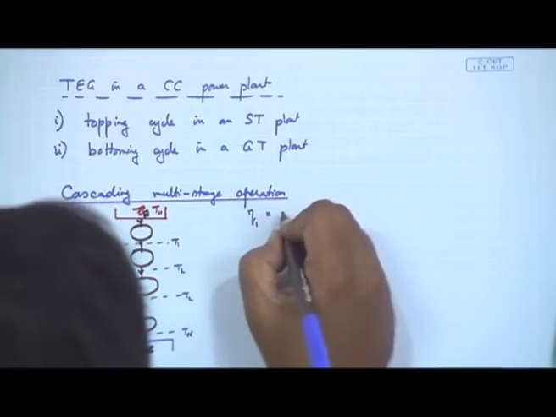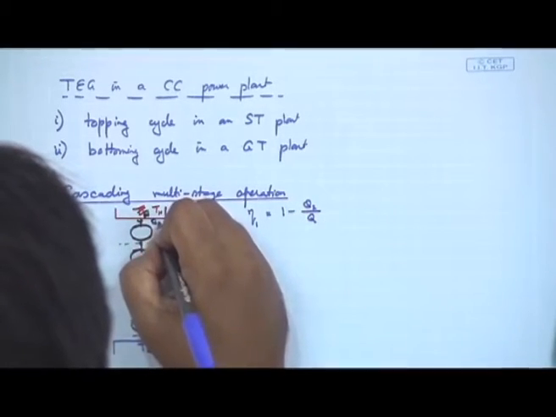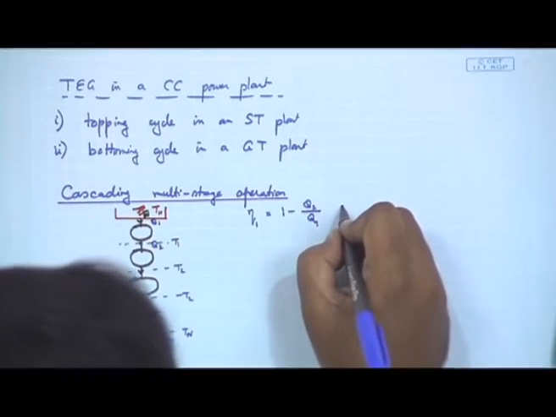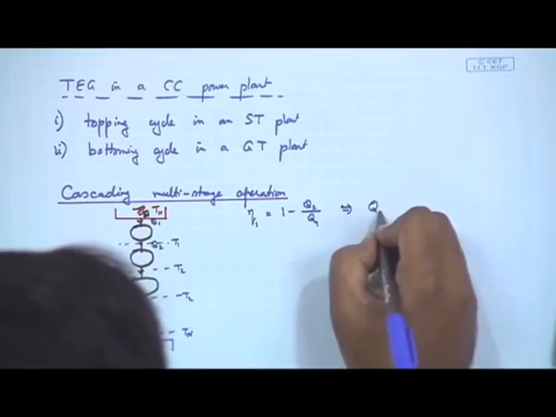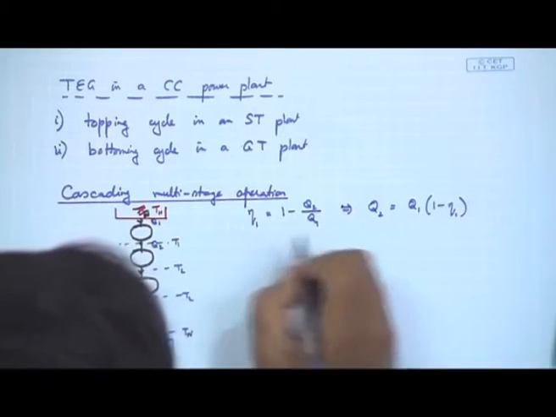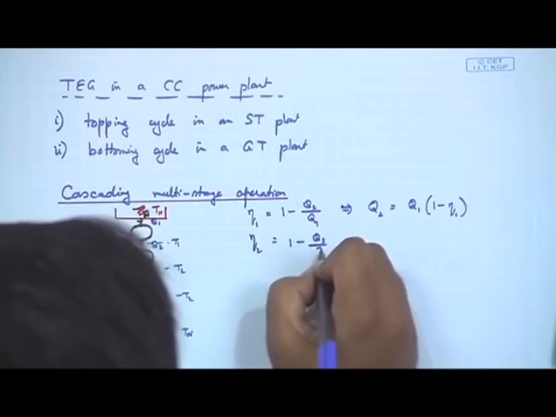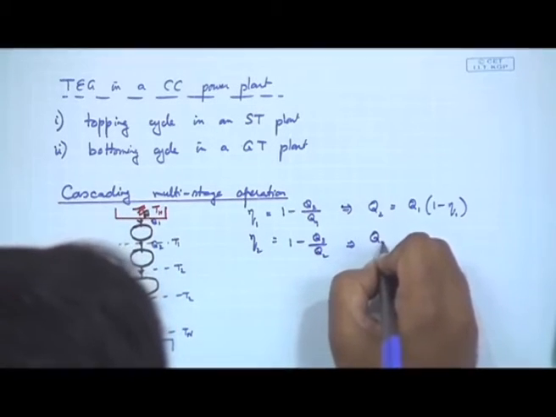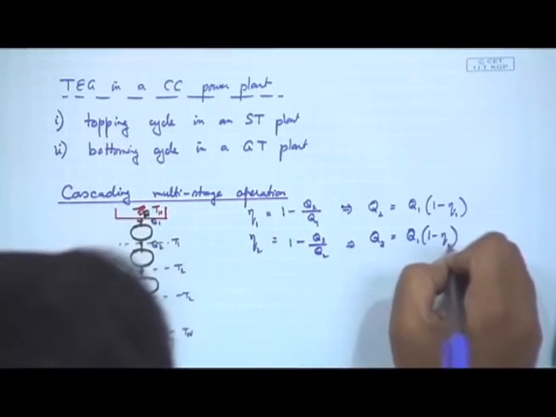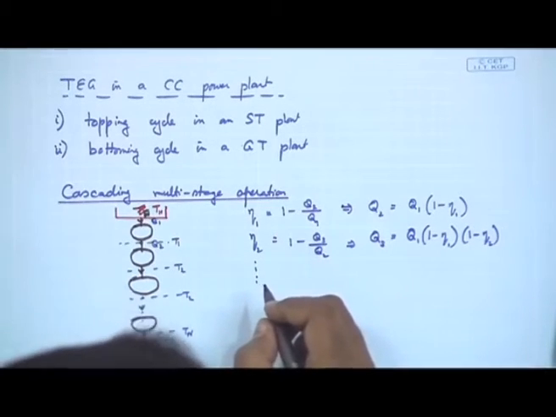So, eta 1 is going to be 1 minus Q2 by Q1. So, I have Q1 coming in over here and then Q2 over here and so on, which implies Q2 is going to be Q1 times 1 minus eta 1. Similarly, eta 2 is going to be 1 minus Q3 by Q2, which means Q3 is going to be Q1 into 1 minus eta 1 times 1 minus eta 2, and similarly we will keep on going,